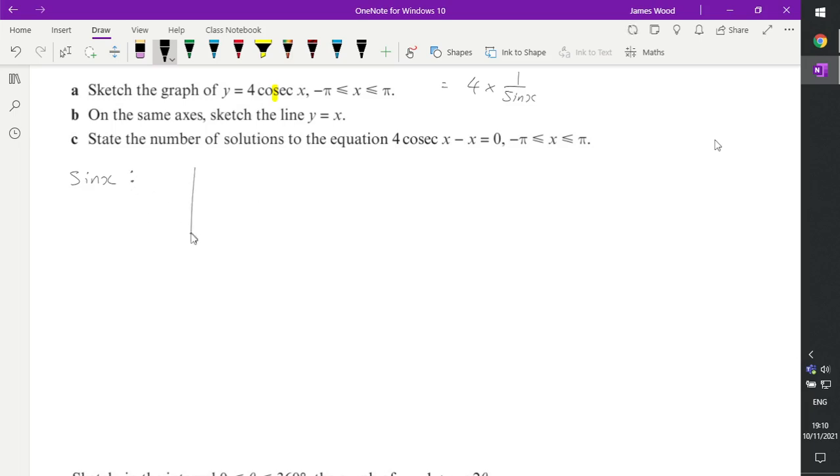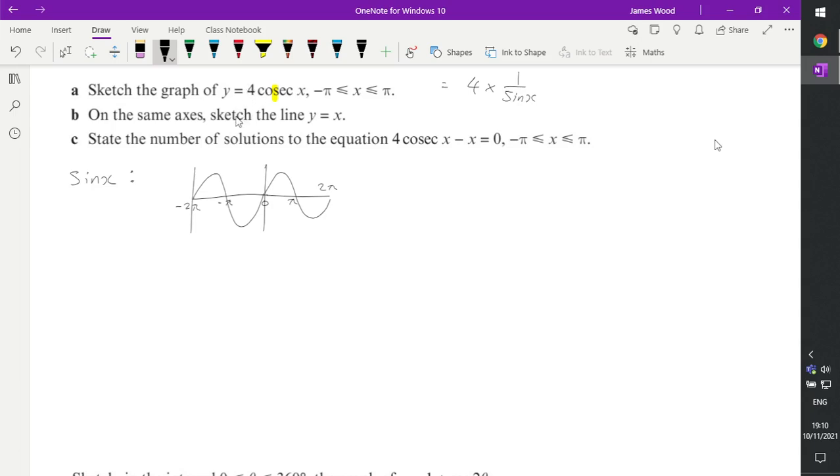So the graph of sine x looks like this. This is going to be 2 complete waves. This is between minus 2 pi and 0, and then between 0 and 2 pi, it will look like that. Okay. So the graph of 4 cosec x, the 4, all that's going to do to my cosec graph is